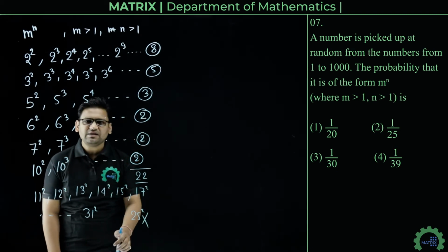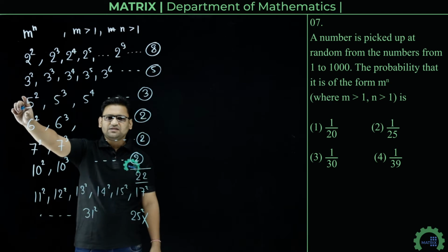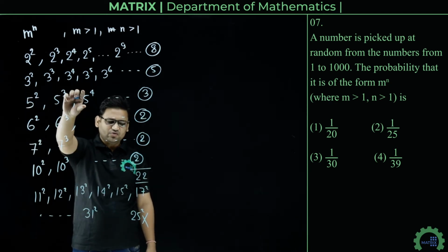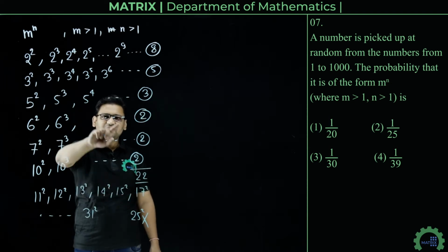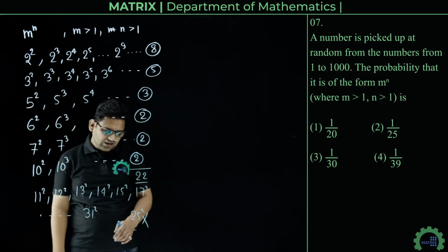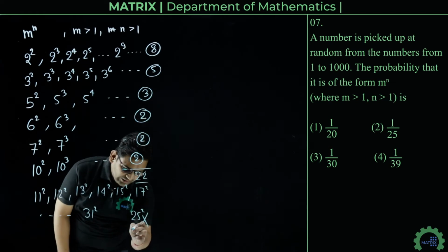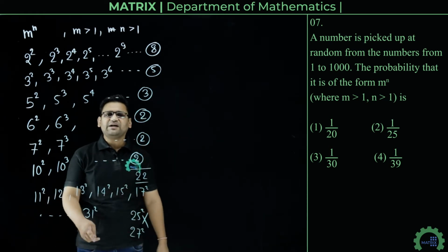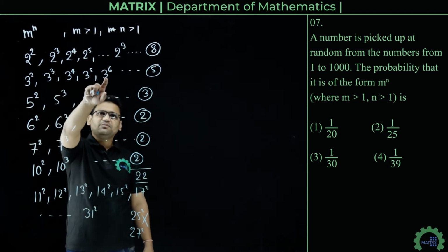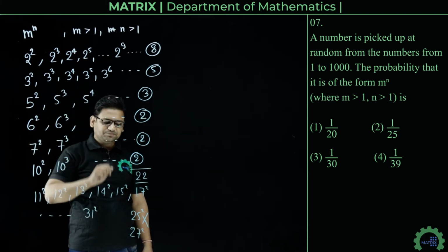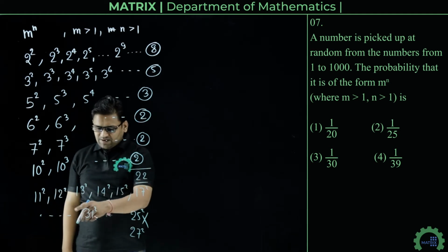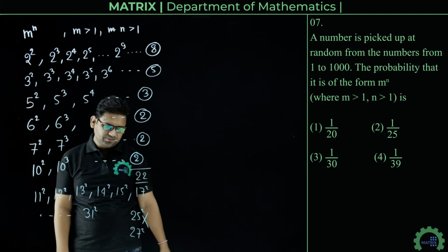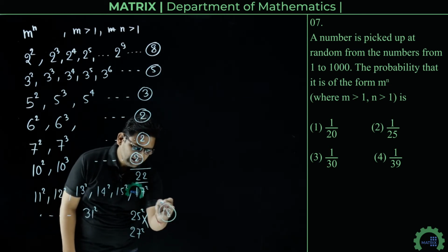We cannot take this number as we have taken the cases for the number 5, that is this is number 25, this is 25 square. So 25 square we will not take as we have already taken this number. Now next number is 27 square. We will not take 27 square as we have already taken 27 square in the number 3 raised to power 6. So from 11 square to 31 square, total number of possible cases are 18.